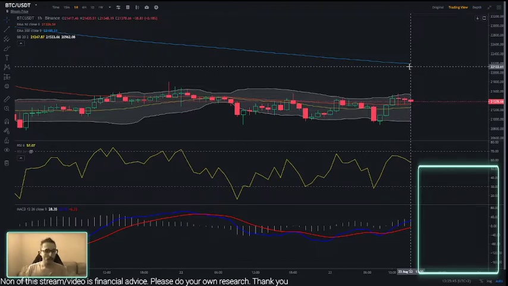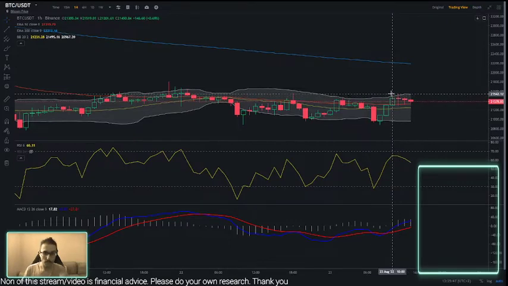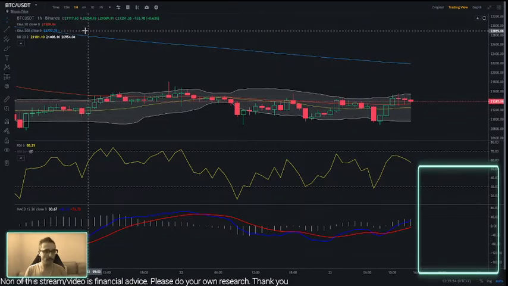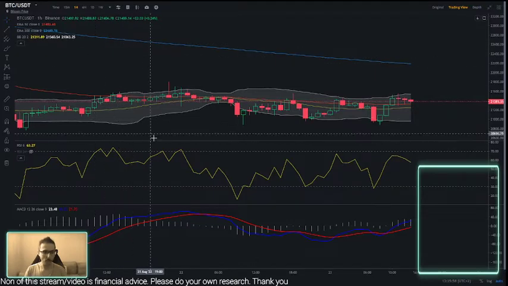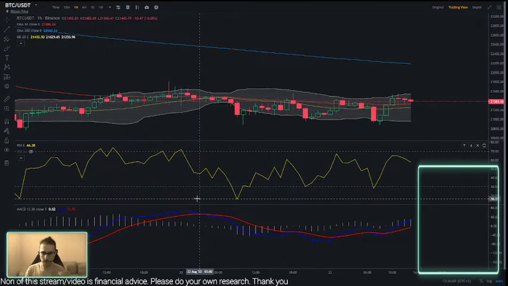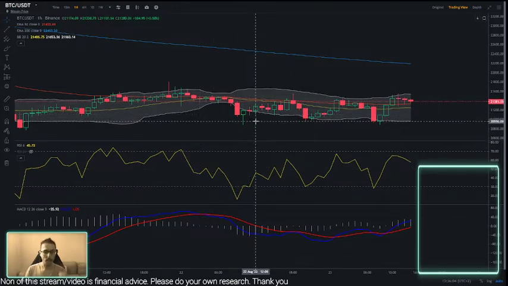The indicators we're going to go through, at least what I use, are the EMAs, 50-day exponential moving average, 200-day exponential moving average, the Bollinger Bands, also the RSI indicator and the MACD. We are looking at candle charts, and therefore we're going to try, but obviously I cannot assure you that we're going to see anything